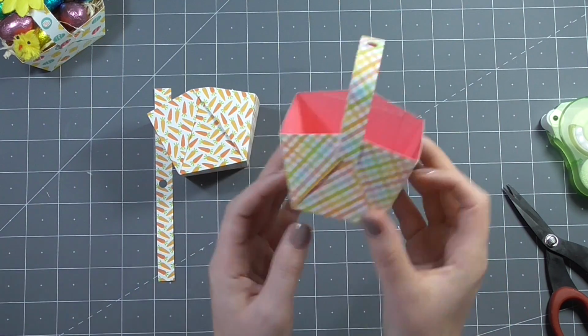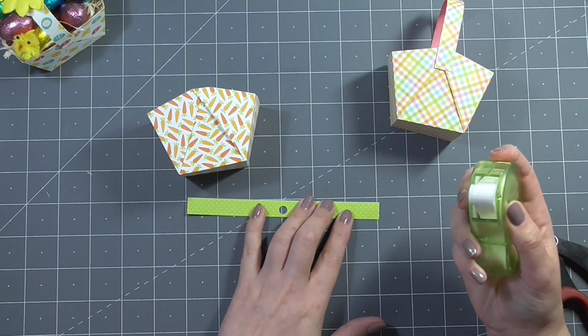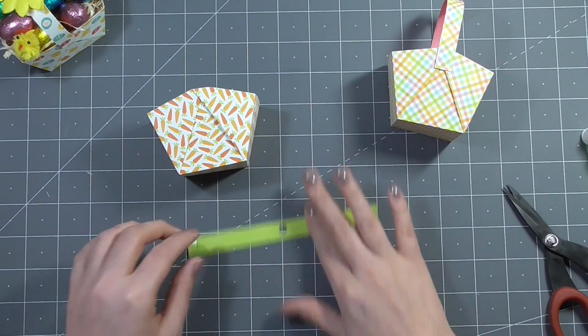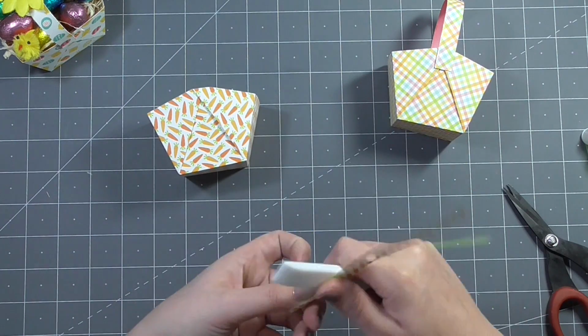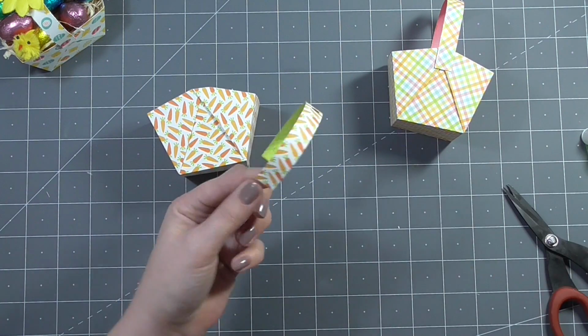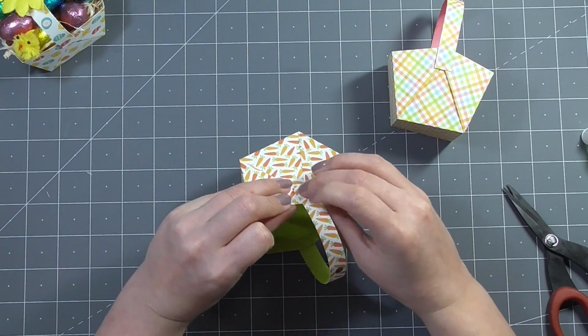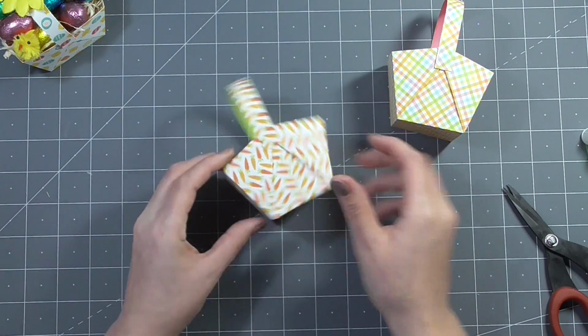that is to create. I think these would be really nice for an Easter egg hunt, to have these little baskets hidden around. You could maybe dangle them from tree branches as well, which I think would be really sweet. And they're so quick and easy to make. So I'll put this handle on here, and then I'm actually going to speed you up and I'll show you